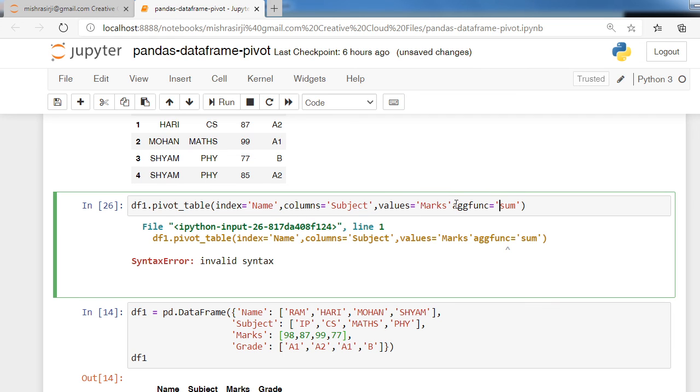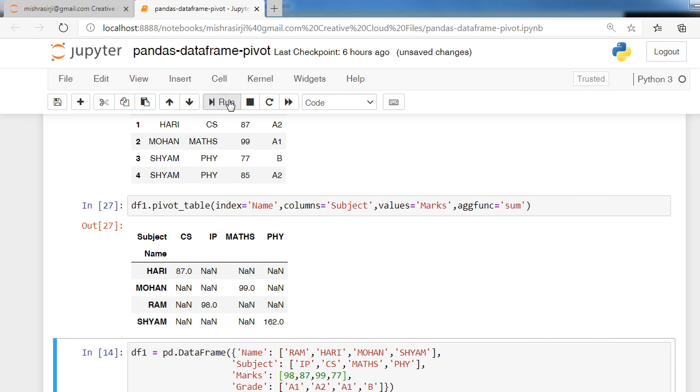Aggfunc, oh, a comma is missing. Okay, this function returns the sum of duplicate entries, means it returns 77 plus 85. So we can use other aggregate functions with the help of this parameter.